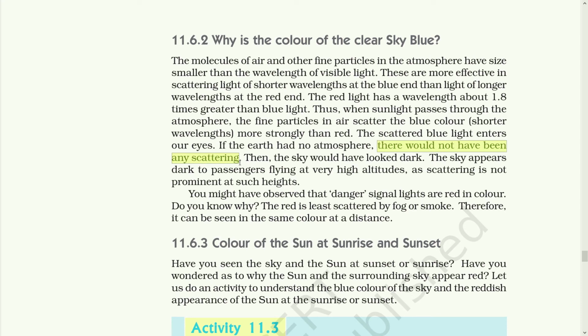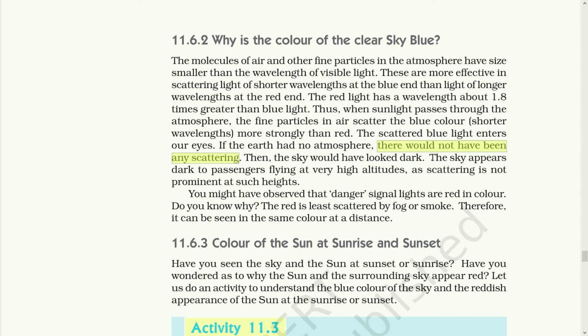But why are we able to see a background just like trees and the blue sky and the clouds in our atmosphere? Because our earth has an atmosphere which has many colloidal particles that scatter different colors of the sunlight. That does not happen on other planets or other terrestrial objects because they do not have any atmosphere, and because of no atmosphere, the background over there is black. Then the sky would have looked dark.